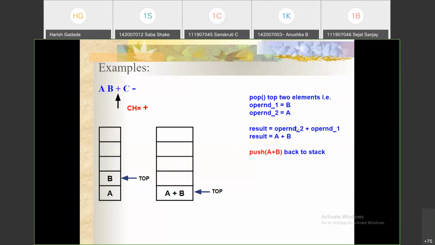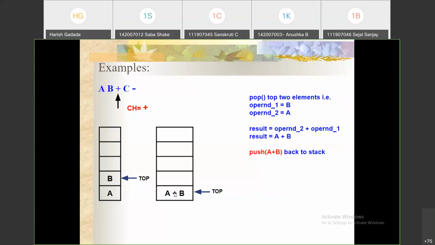That's why we keep the reading character, that plus, in between operand 2 and operand 1. Operand 2 is A, then the operator plus, and then operand 1. Again, whatever this result is, we push it back to the stack. You can say push A plus B back to the stack.